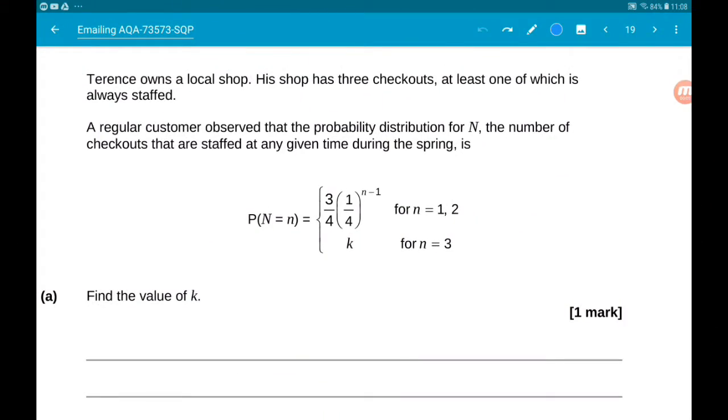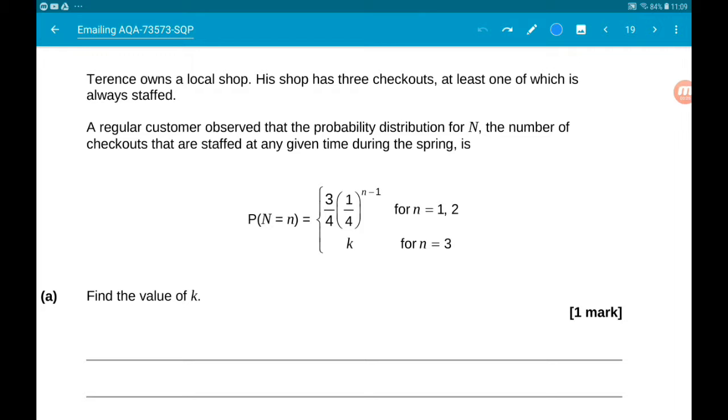Okay, question 11. Terence owns a local shop. His shop has 3 checkouts where at least one of them is always staffed. A regular customer notices that the probability distribution of n, the number of checkouts staffed at any given time during